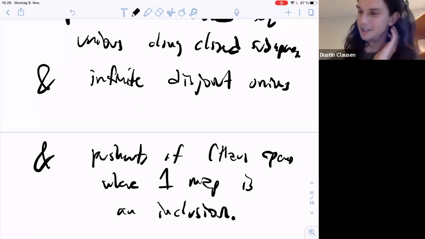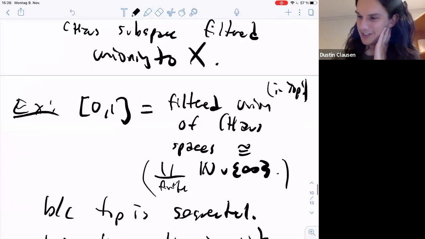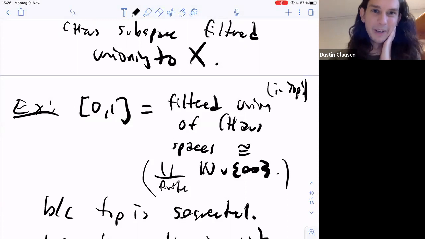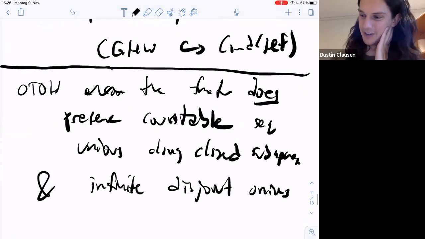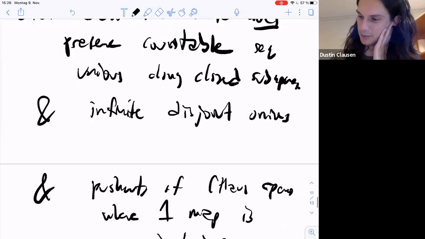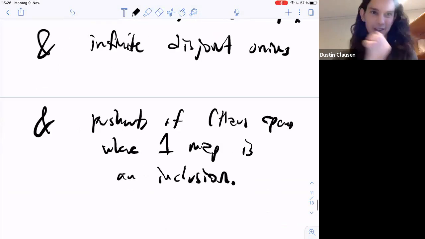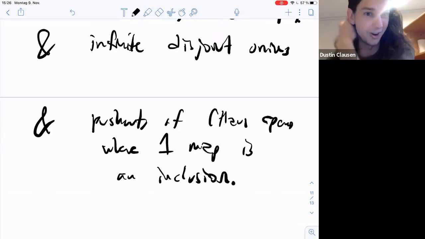So really, it's only somewhat strange colimits that are not preserved by this functor. All the normal ones you usually want to consider, countable unions along countable chains, infinite disjoint unions, standard kinds of push-outs, are all preserved